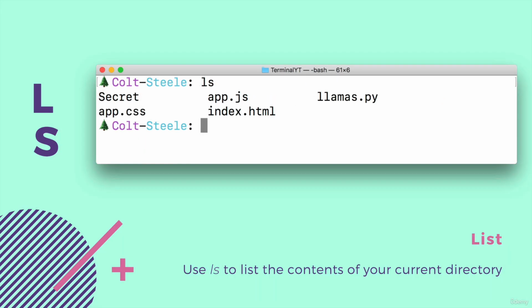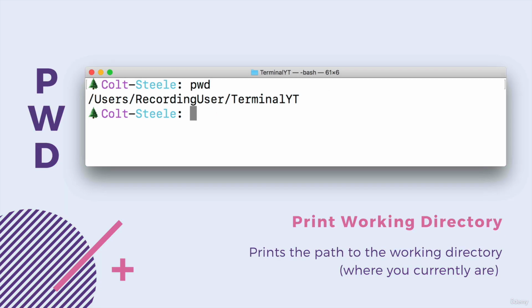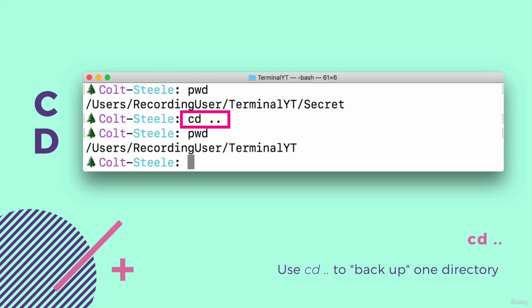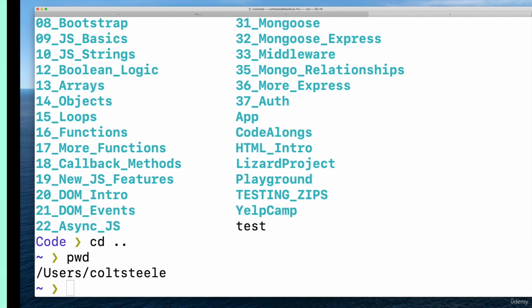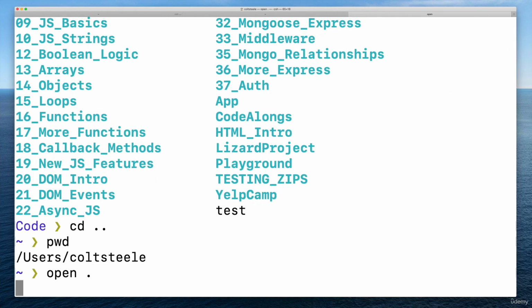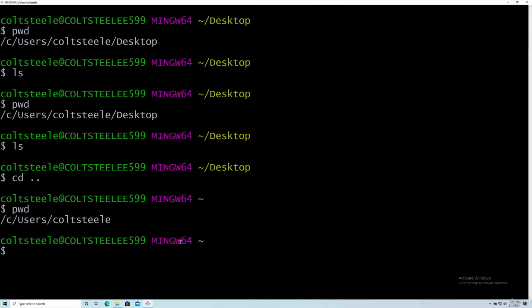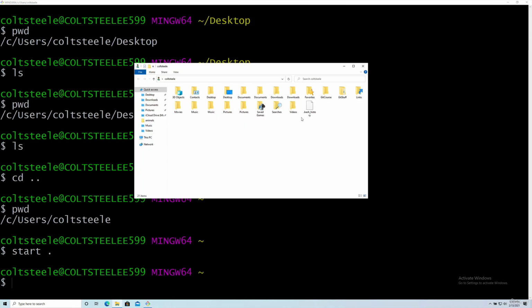We covered ls for list, pwd for print working directory, and cd for change directory. cd .. backs out one folder. And the other thing we did was open. open . will open a folder, the current folder that we're looking at. And on a Windows machine, it's start . Okay,